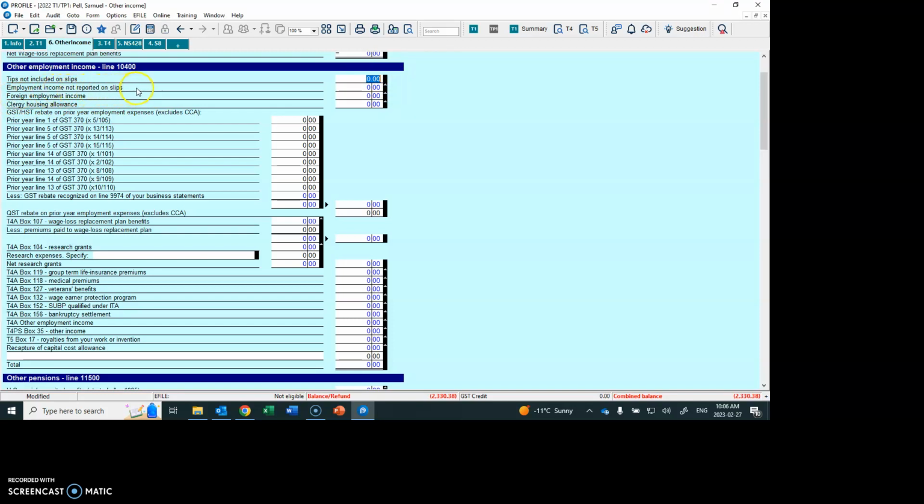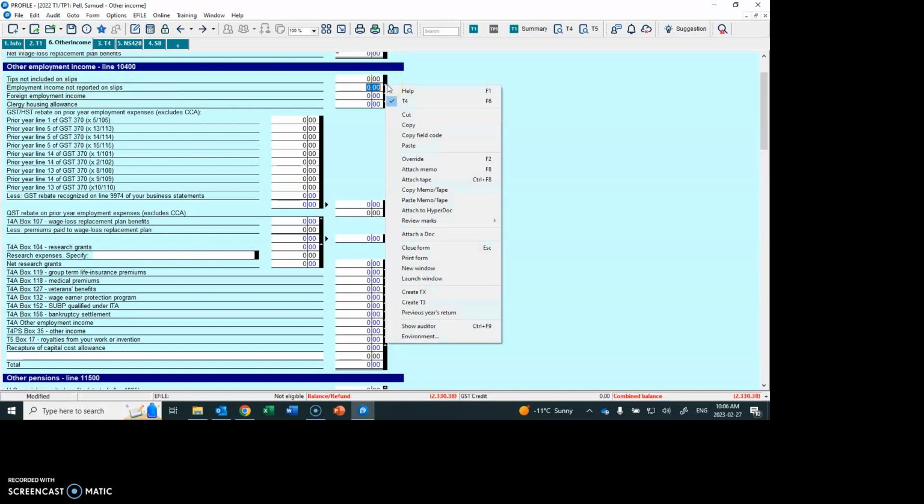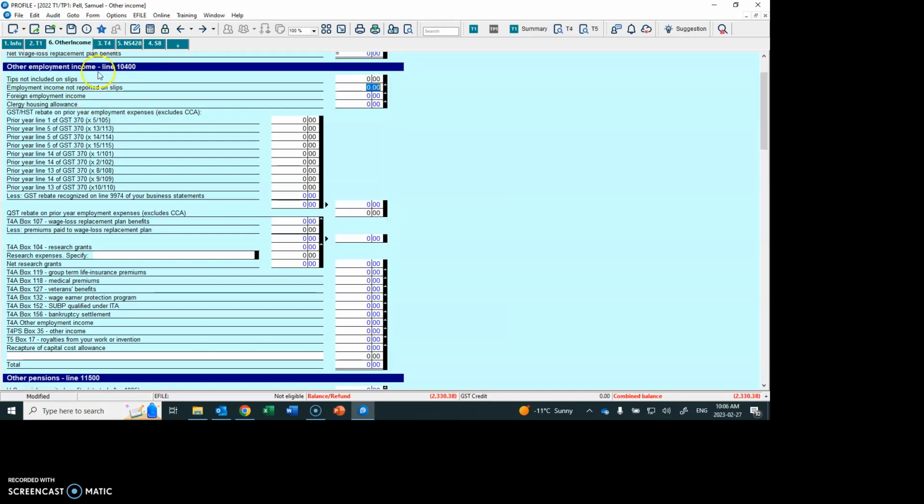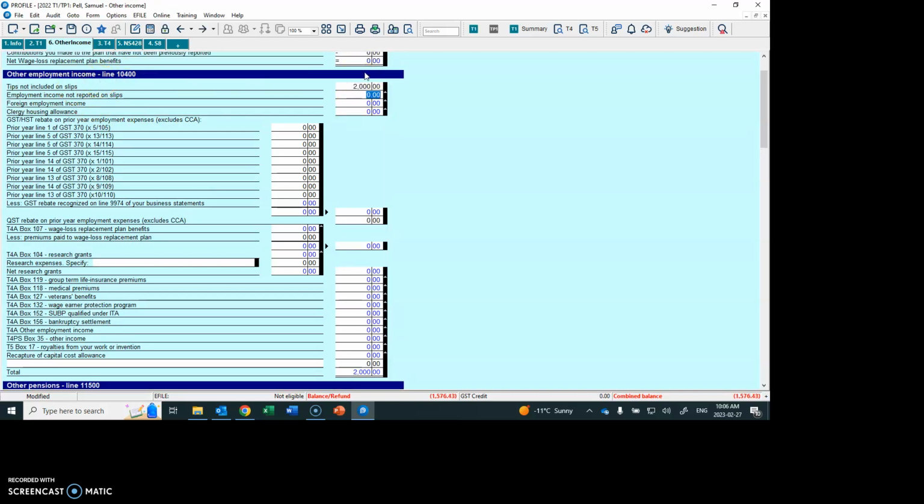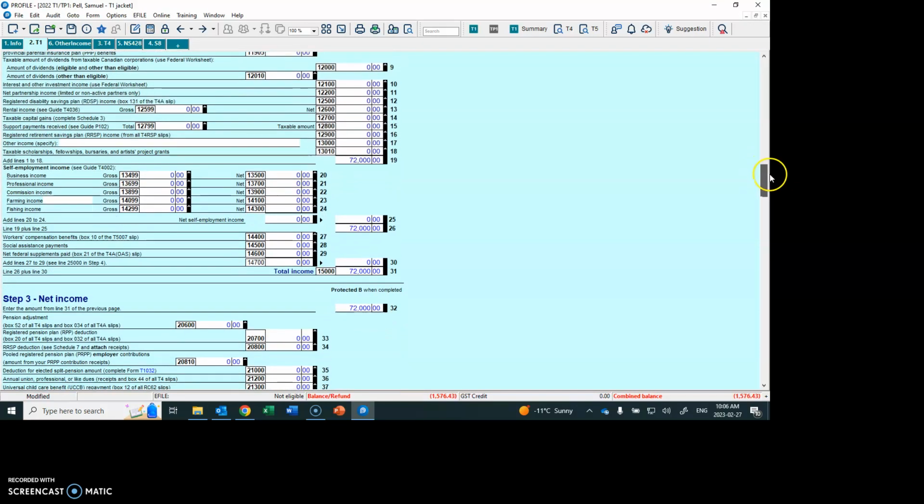Employment income not reported on slips, there is an up arrow there, so there must be a different place to put it. Okay, so what we're doing right now is the tips. So let's say 2,000, come over, see it opened up here, other income. So let's go back to the T1 and see it's put the 2,000 there. Okay, so let's continue to